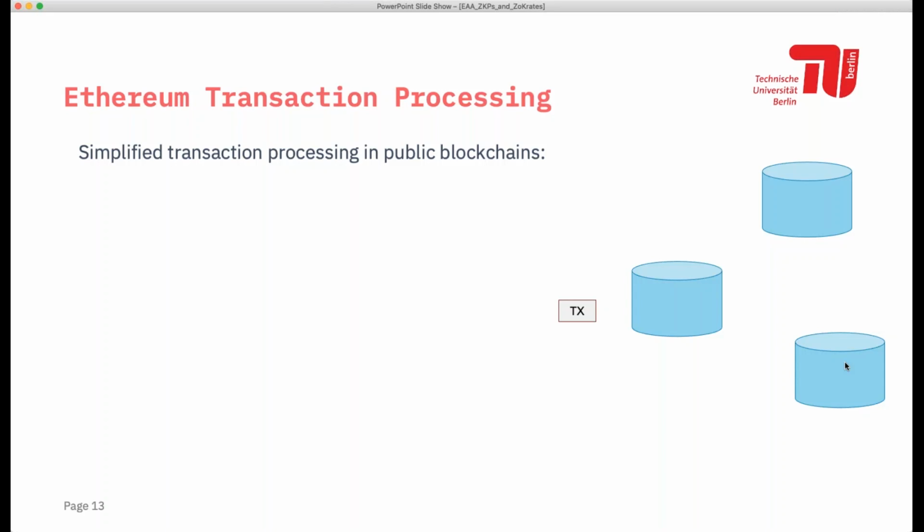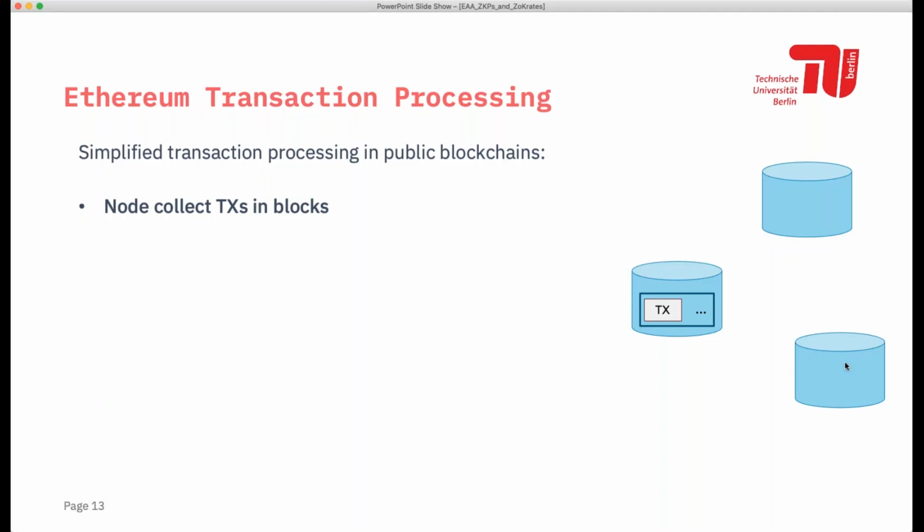So for now, we leave zero-knowledge proofs behind us and just look at transaction processing in Ethereum from a high-level perspective to understand how they relate. What usually happens when someone wants to send a transaction, a node collects a transaction in a block. So a user submits a transaction to a node in a network, and the node collects several transactions in a